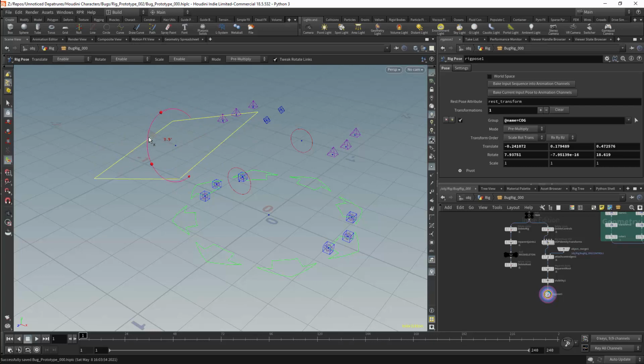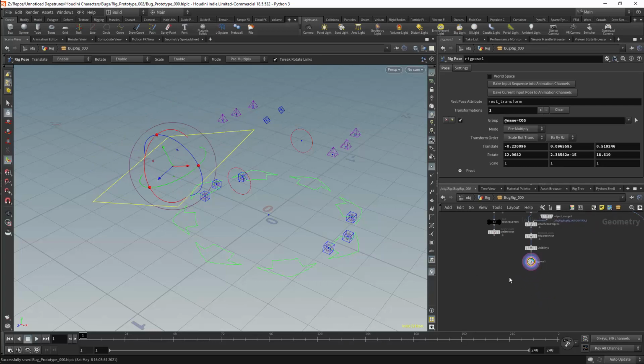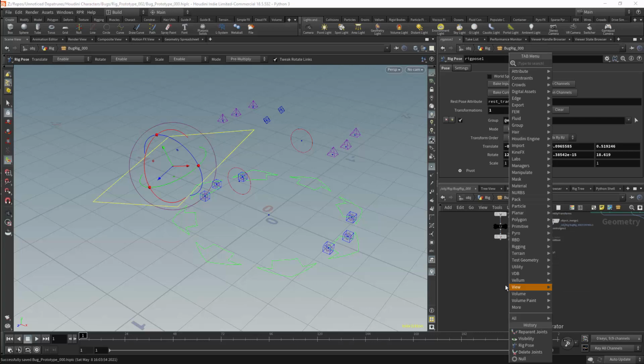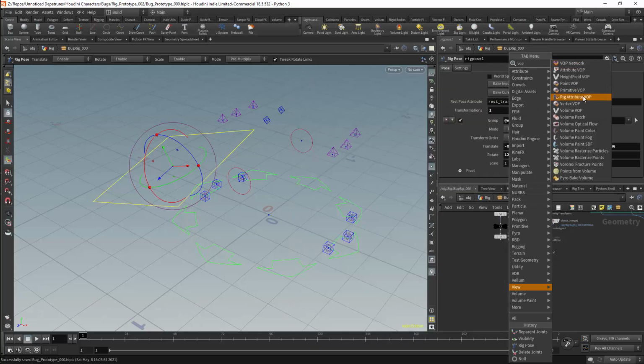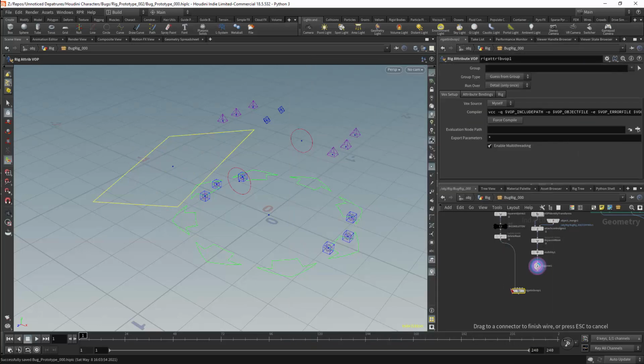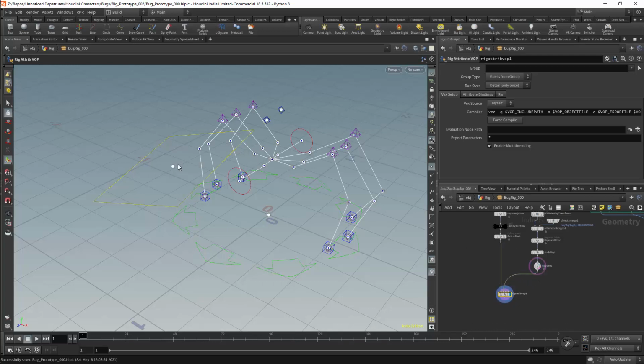The first thing we'll define is our center of gravity, which in most cases will be the hips. And I'll want this to follow both the movement and rotation of my center of gravity control. We'll set this using a rig attribute VOP. The skeleton will go into the first point, and the controls will go into the second. We can enter the rig attribute VOP,